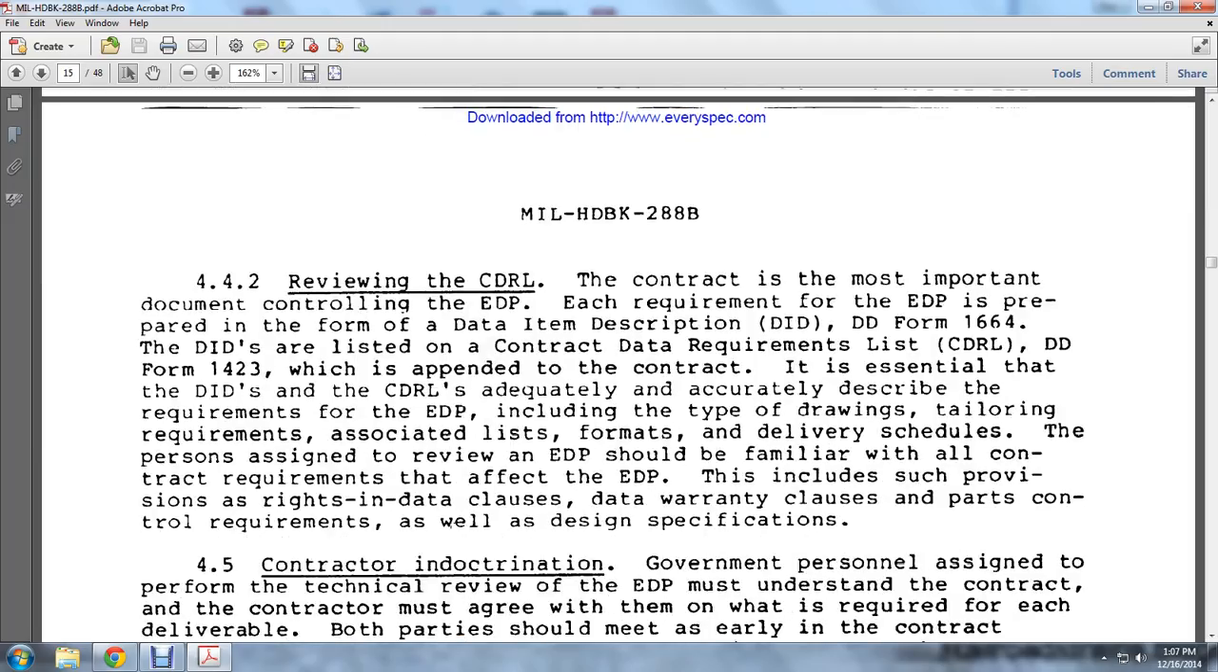4.4.2, reviewing the contractual data requirements. The contract is the most important documentation control of the engineering drawing package. Each requirement of the engineering drawing package is prepared in the form of a data item description on DD Form 1664. DIDs are listed on the contractor data requirements list, the CDRL, DD Form 1423, which is amended for the contractor. It is essential that the DIDs and the contractual data requirements list are adequately